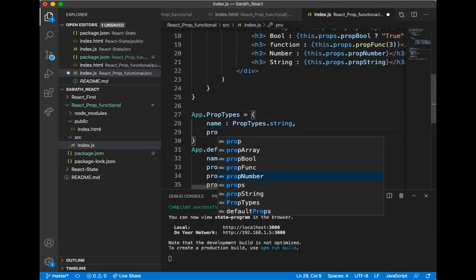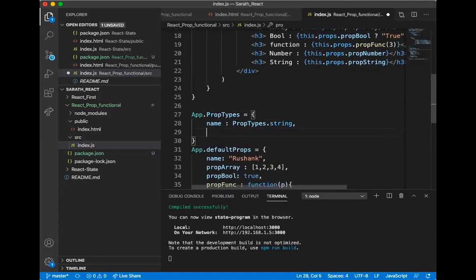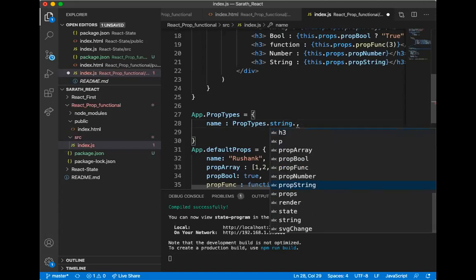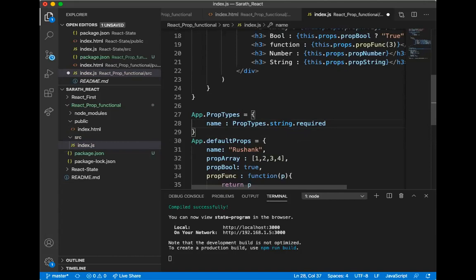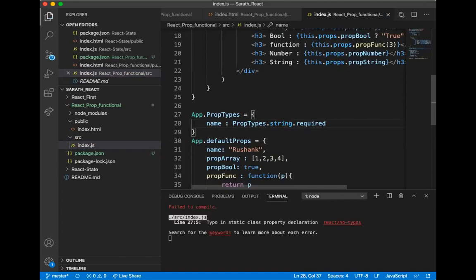We have to mention dot required here. So it will ensure that this prop should be available before it is getting rendered.